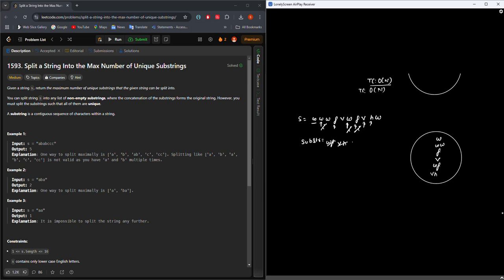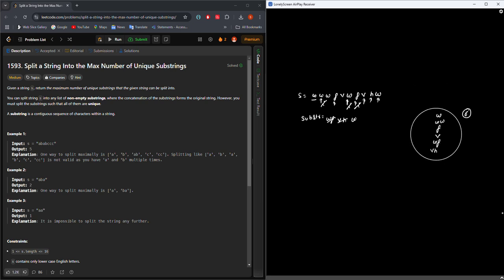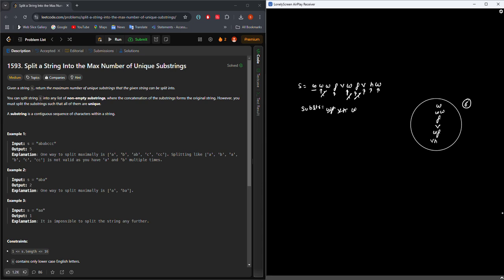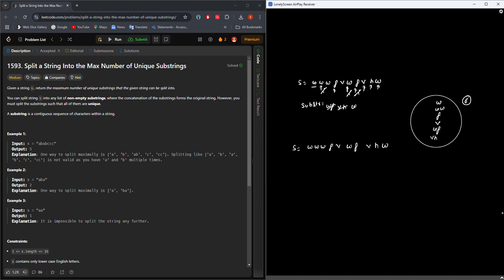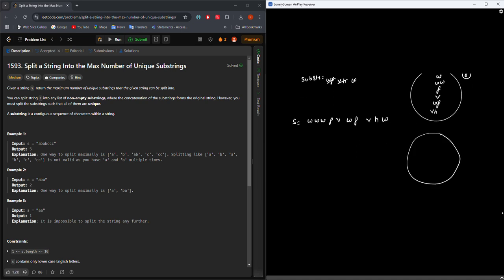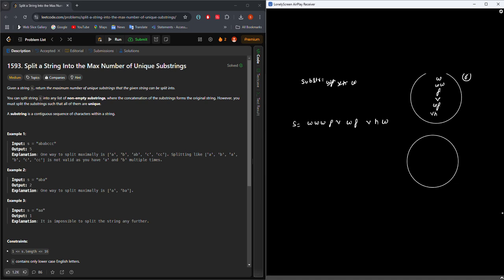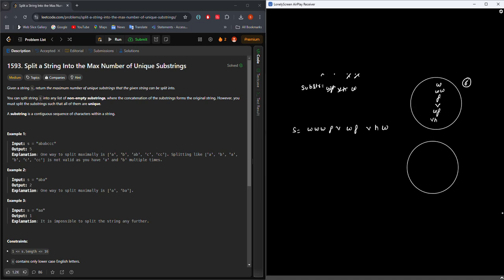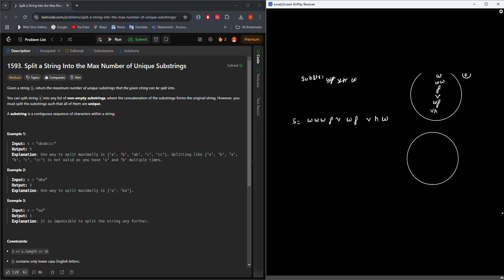After that, W comes as the last character in the string. W already exists, which means the answer will be 1 2 3 4 5 6. The answer will be 6 here in this case, right? For our previous solution the answer will be 6, but for this case, for our upper approach, the answer will be 6.